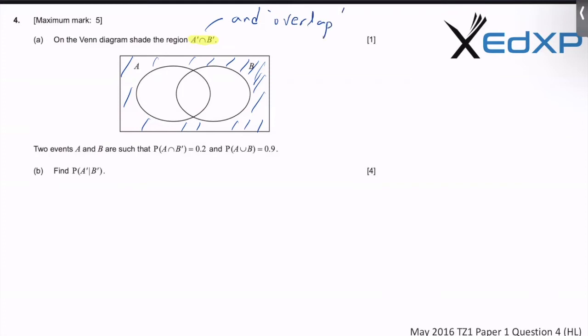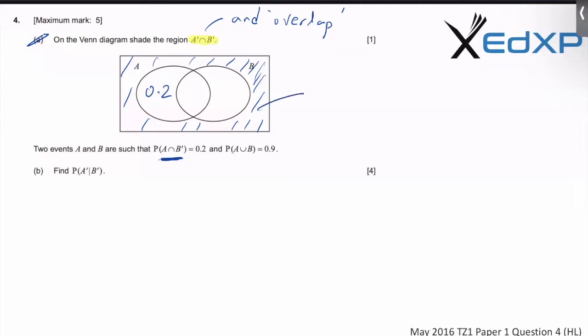So try to figure it out on your own. A prime intersecting B prime. Where do A prime and B prime overlap? That's what we want. Okay, so for 1 mark that is done. 2 events A and B are such that the probability of A intersect B prime is 0.2. Okay, so where do A and B prime overlap? Over here, 0.2. And the probability of A union B, everything in the circles, is 0.9, which means